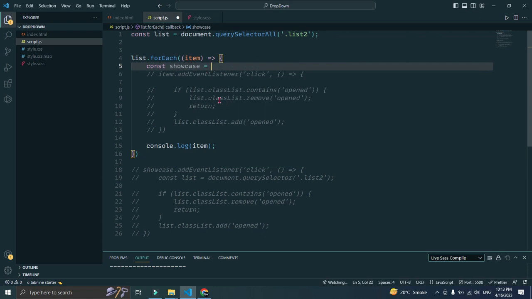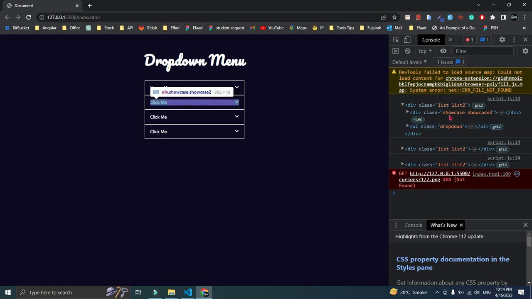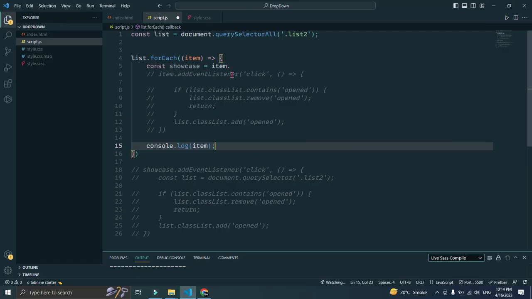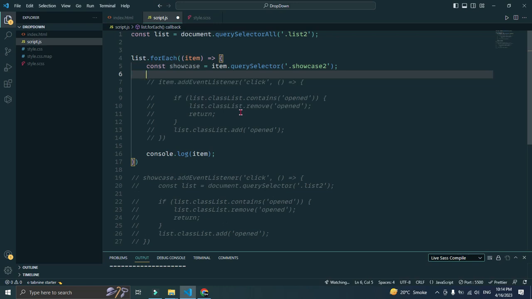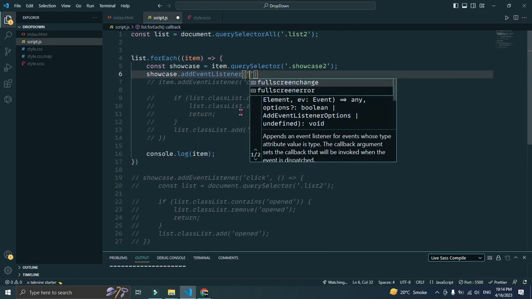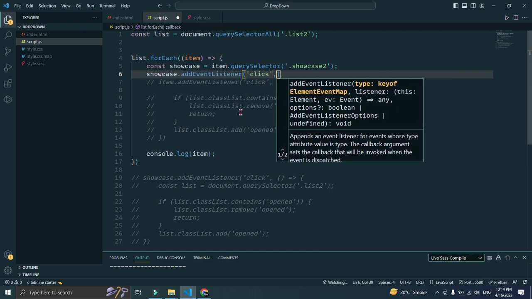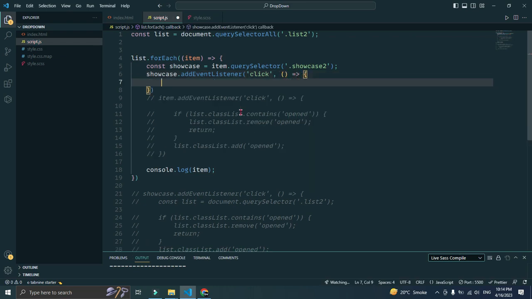No, right now we'll not use this. What we will use is item. We are getting this item, and in that item we have a showcase, so we'll say item.querySelector with .showcase to get this item's showcase section, and now add an event listener to this. showcase.addEventListener, click, and when someone clicks on you, what you have to do, you have to